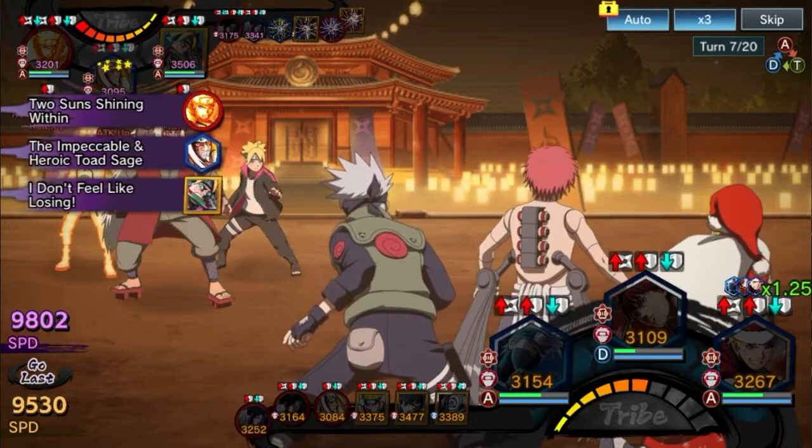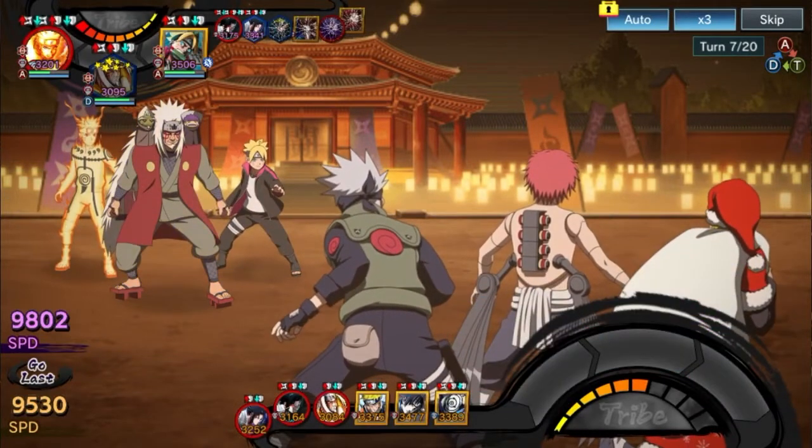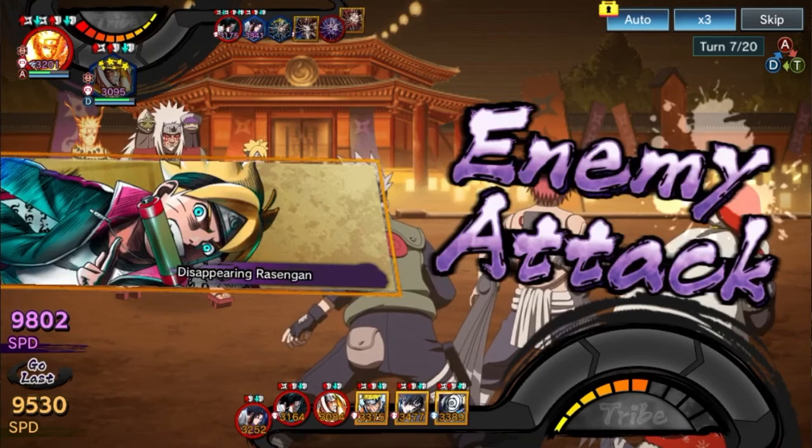Yeah, so his jutsu will only last 2 turns, and it also only procs when there are 6 or fewer undefeated allies. So his jutsu will always burn and stun, but the actual damage reduction rate and guard rate boost will not last all the time. And for Madara, he does technically have a portion of his jutsu that doesn't last, but